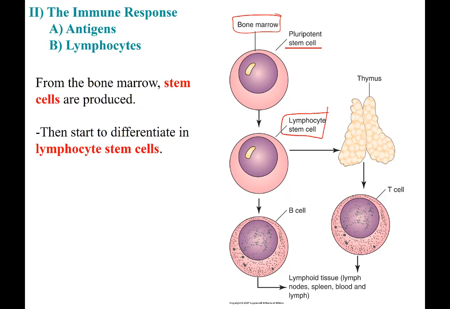In that case, they can be either B cells or plasma cells, like we mentioned before, or they can also differentiate into a T cell. Here, there's a big player. If you look at the graph, there is the thymus. We've talked about the thymus for the endocrine system, if you remember, and producing enzymes like T3 and T4. That's why we call them T. That will help the lymphocyte stem cells to differentiate into T cells. So that's a link between the endocrine system and the immune system.